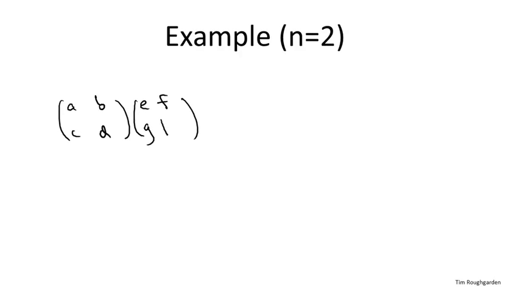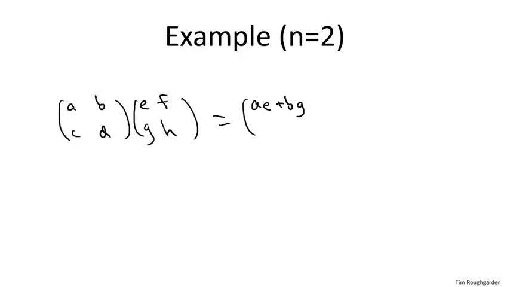Now, what's the result of multiplying these? Where again, it's going to be a 2 by 2 matrix where each entry is just the corresponding dot product of the relevant row of the first matrix and column of the second matrix. So to get the upper left entry, we take the dot product of the upper row of the first matrix and the left column of the second matrix. So that results in